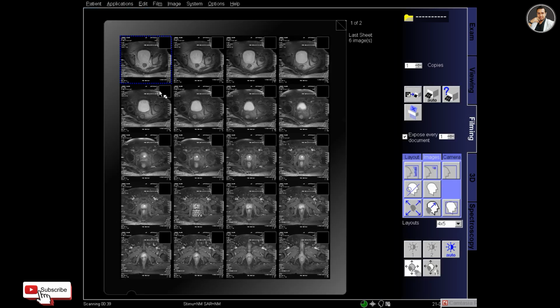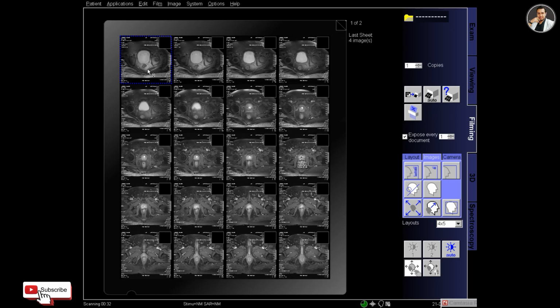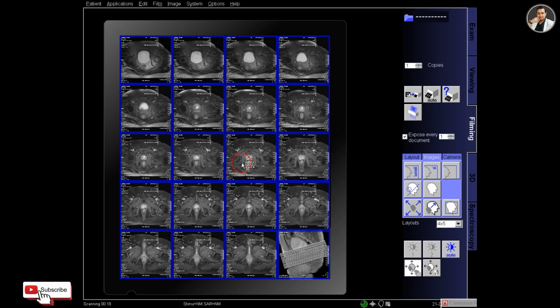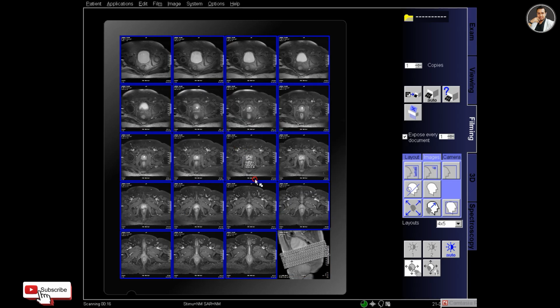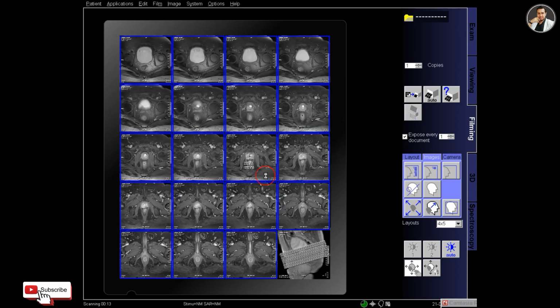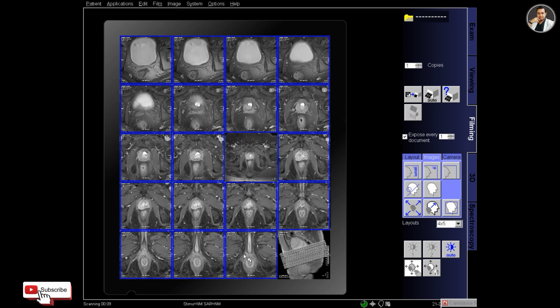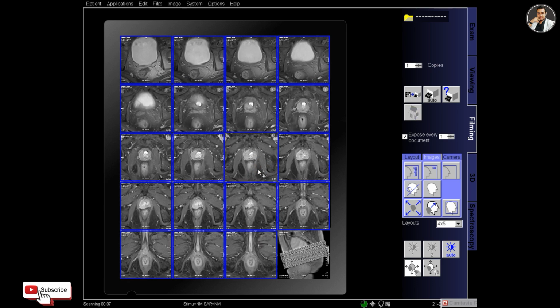And in the filming, for T1 transverse fat set, I will delete some images from the start and from the end, and the layout is 4 into 5. 20 images will fit in the film including the reference image, and for prostate, enlarge the image and show the prostate clearly and adjust the contrast.